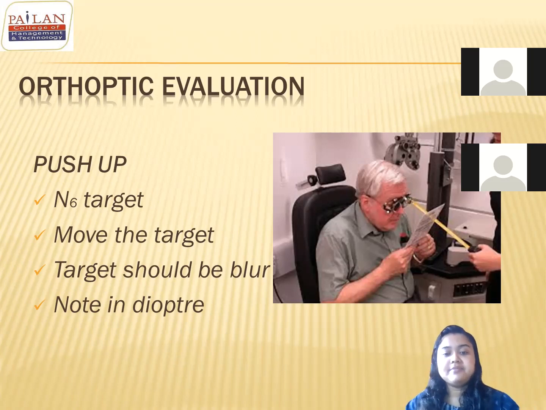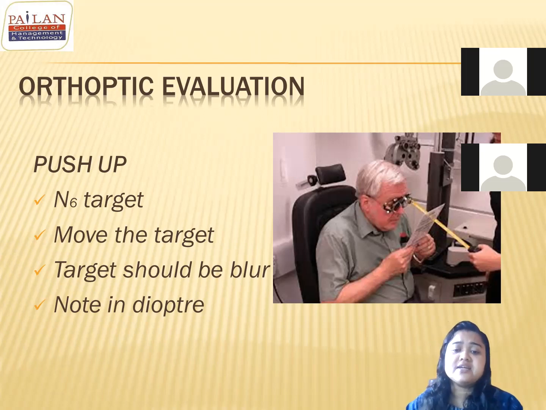See, let me tell you another thing also. Sometimes in the clinic, a patient comes, suppose a 34-year-old patient, with a complaint of near vision. So he is not presbyopic, right? So how to go about this? A 34-year-old patient complains of near vision.